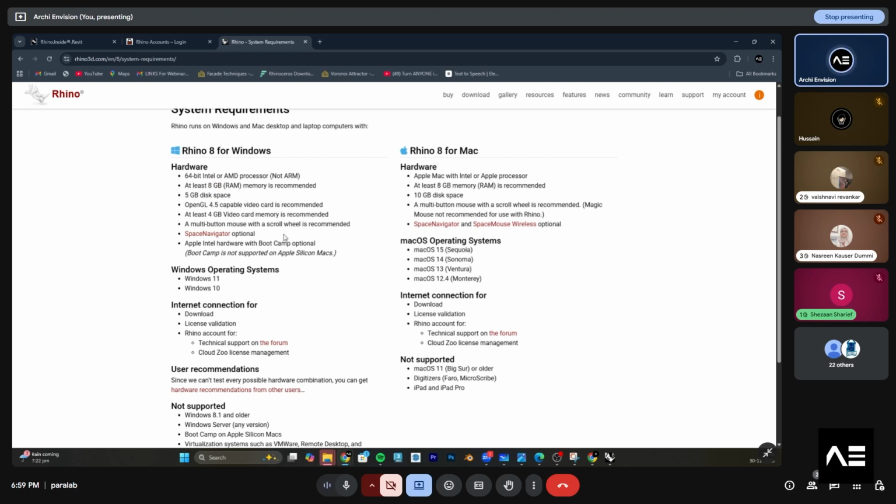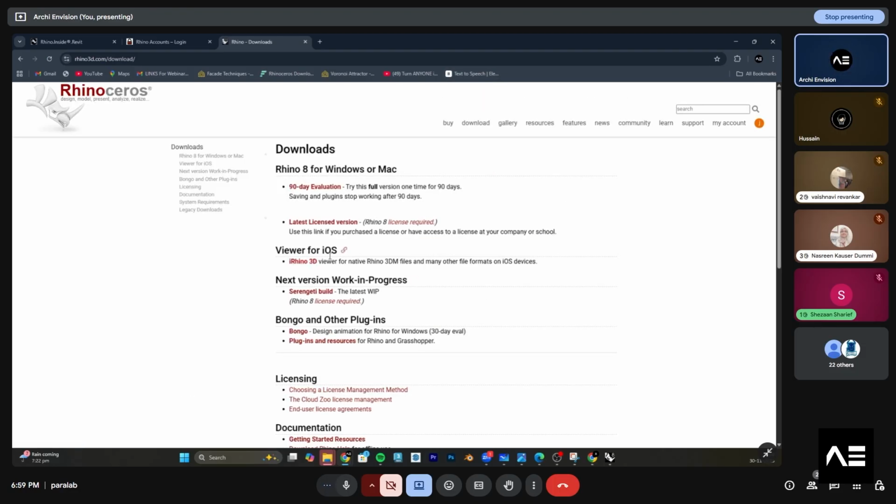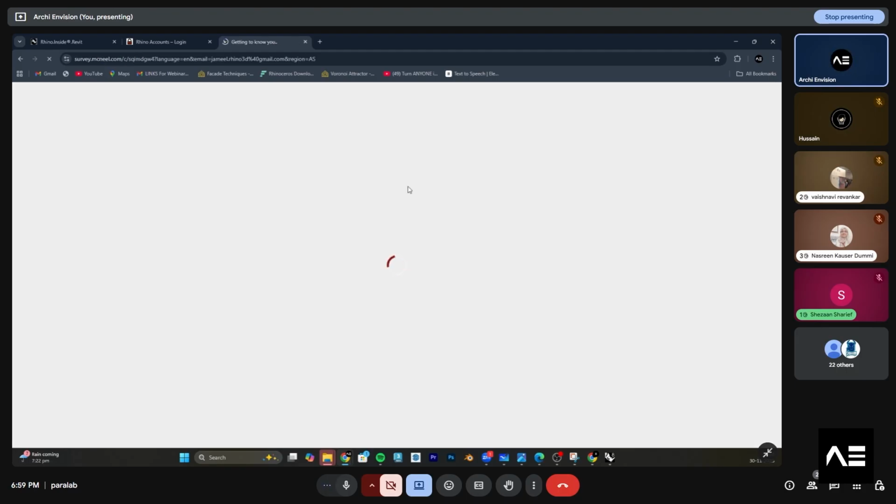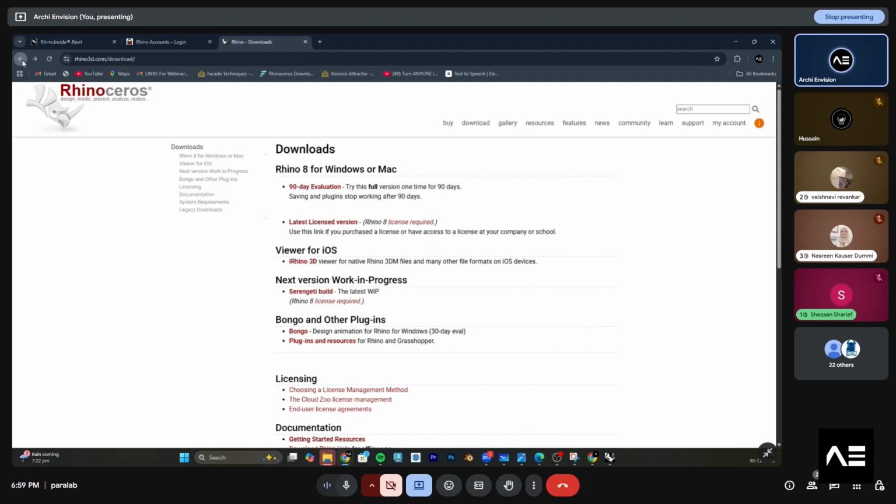If you are a Mac user, that's a different part. You just need to click on download and choose the Mac version. Does anyone use a Mac? Any Mac users?